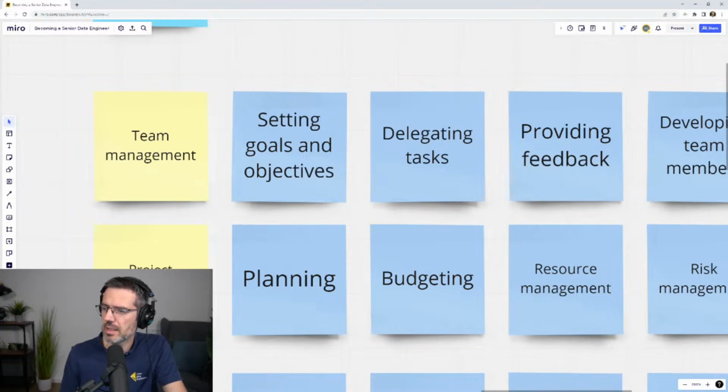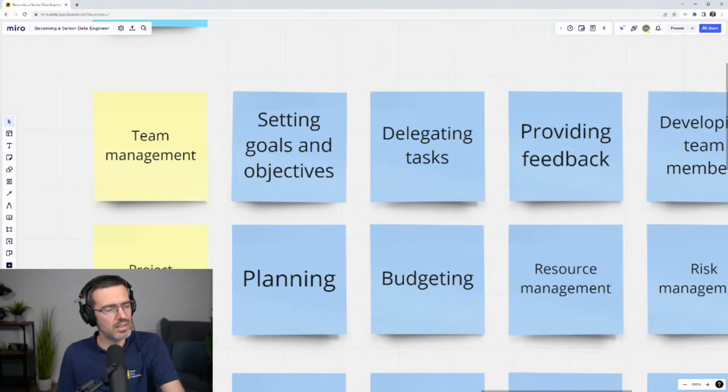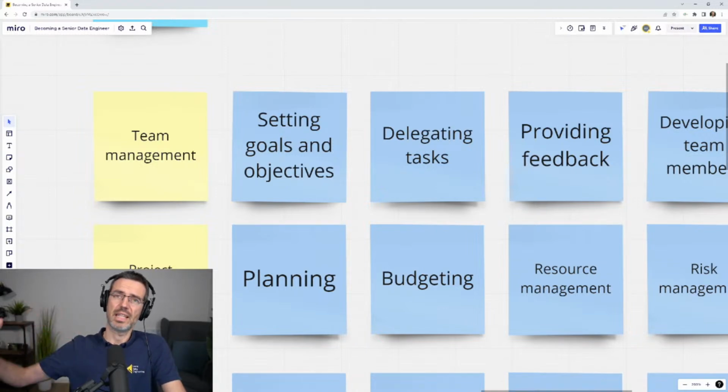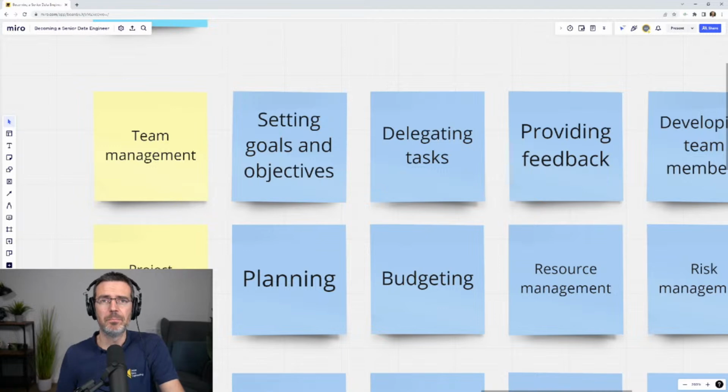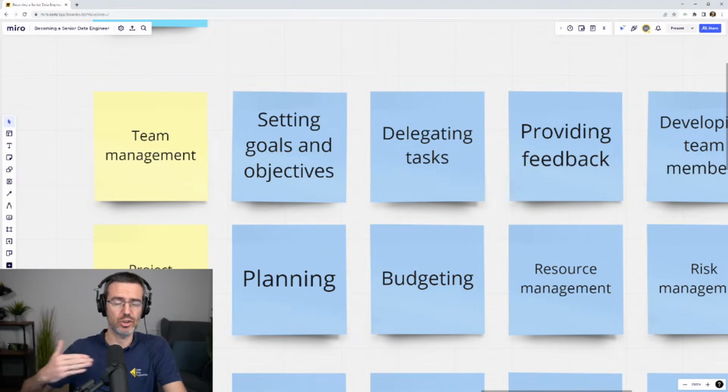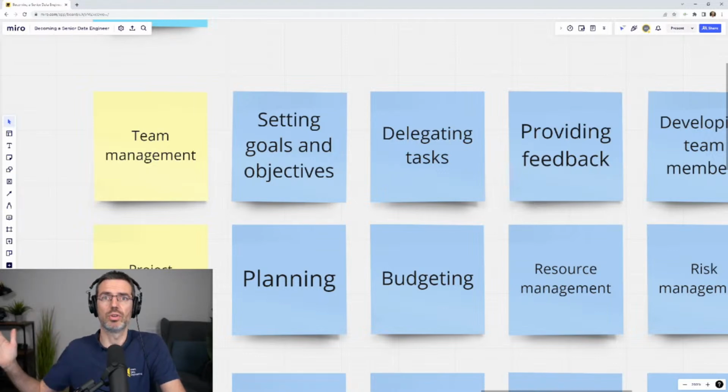A senior data engineer should be able to set clear goals and objectives for the team that align with business objectives and can be measured, which is a topic that a lot of people mess up. They set goals which are not really measurable. Always try to associate a number with a goal and a deadline. That's very, very important. This way you can measure, did we reach what we wanted to do, and did we do it in the time, or are we getting close to the deadline and we need to do something?